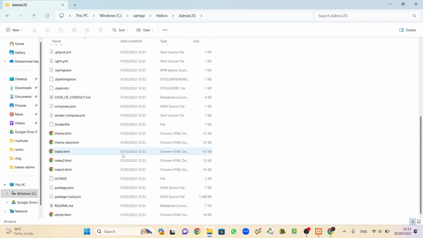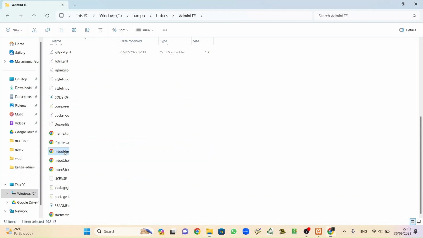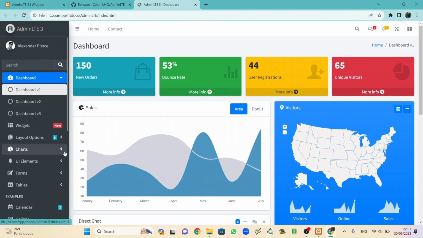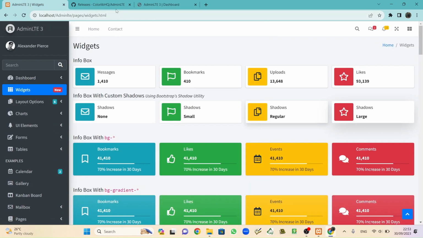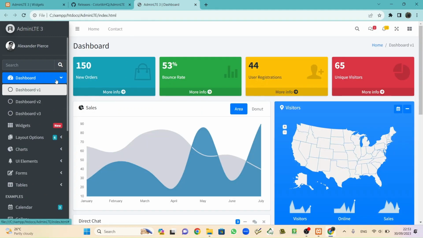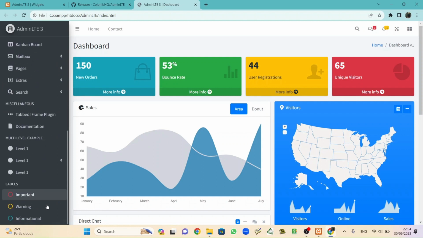Okay, when we click the admin HTML, it's still the same, like we open with localhost admin LTE, admin PHP, like that. So there are a lot of features here.